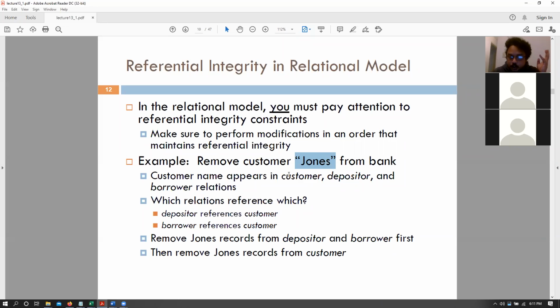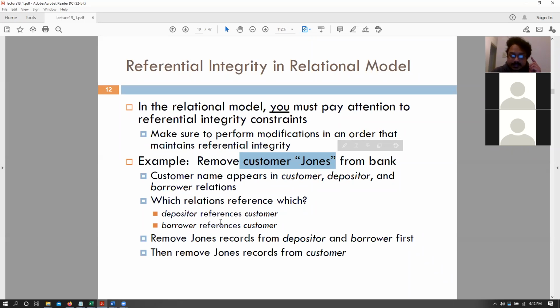And this customer Jones appears in the customer table, depositor table, and the borrower table, right? So customer exists in the customer table, customer name, and info about customer. Depositor table has customer's name or ID and the amount. Borrower table is how much loan the customer has taken, right? So in this particular scenario, the depositor table references the customer table. The borrower table also references the customer table. So if we want to remove the customer Jones,